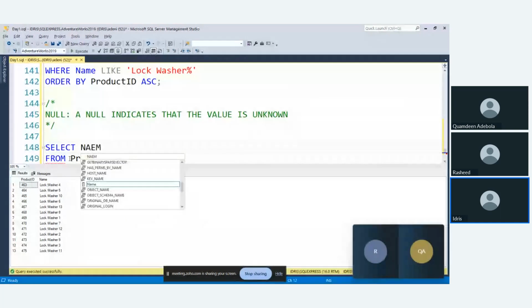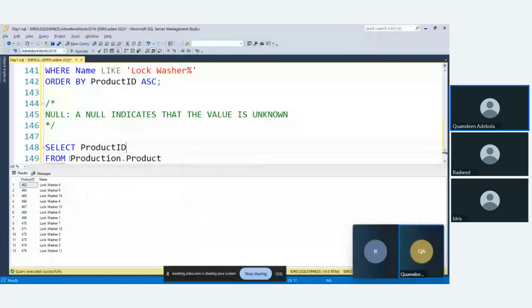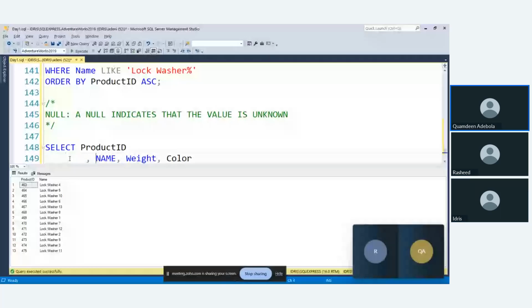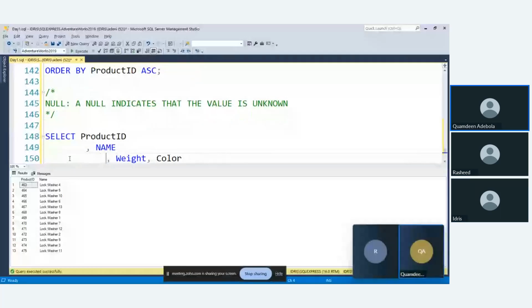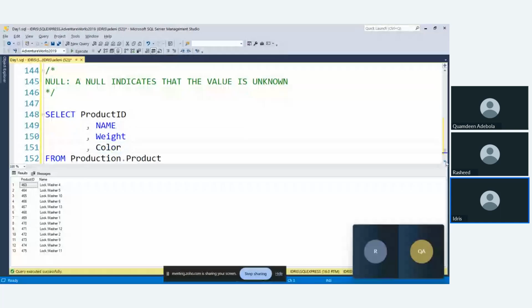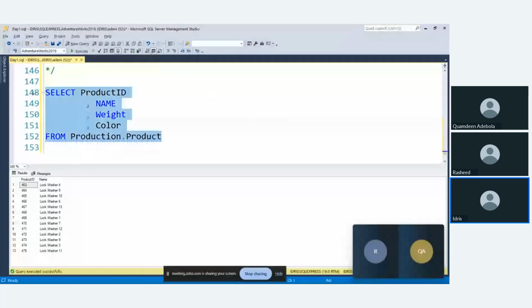Let me get the product ID, the name of the product, the weight of the product, the color of the product. So let me put that on separate lines. Now if I execute that,